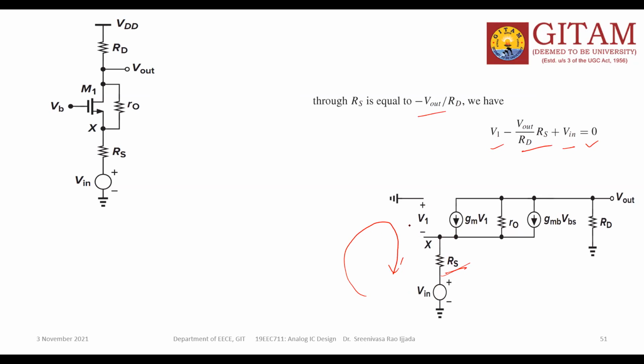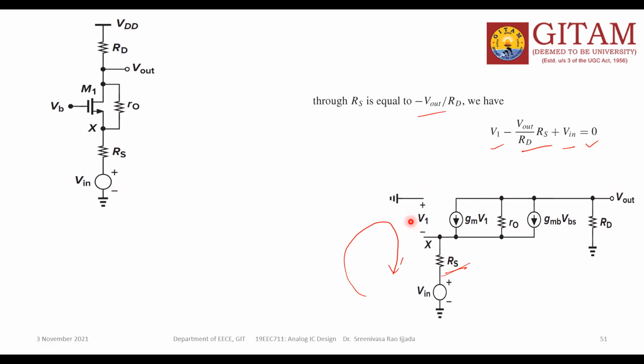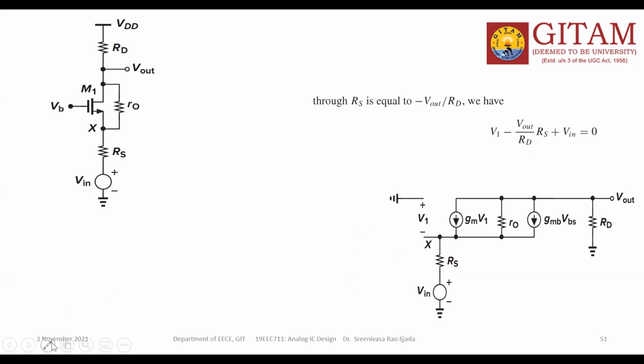This is due to the input KVL. Apply the Kirchhoff voltage law for this loop. Then what happened? You will get V1 plus this drop plus this drop. Yes. So next,